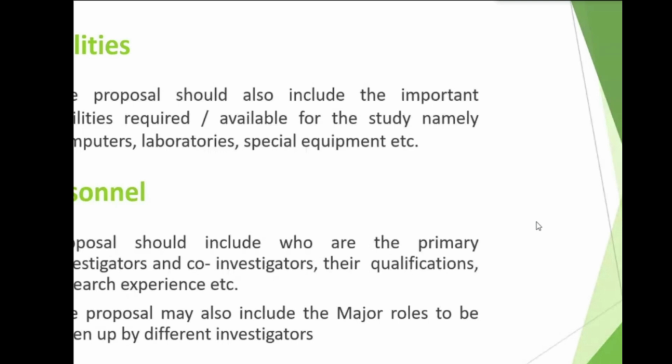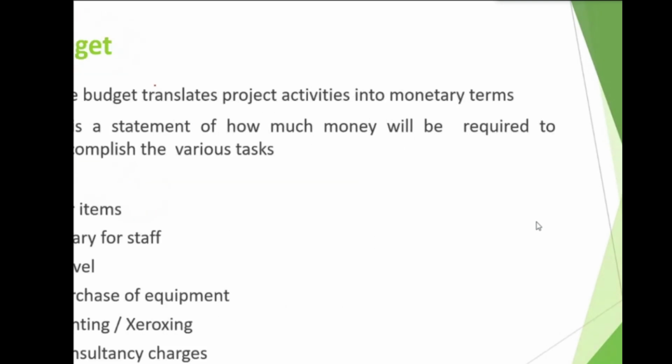Now, if you need facilities, you have to describe that. I have already mentioned, if you need personnel for doing your research, you have to mention it in your proposal. If you yourself are the personnel, then you can say that you are the one to conduct the research. You need to mention the budget, and the budget usually includes the salary for the person who is